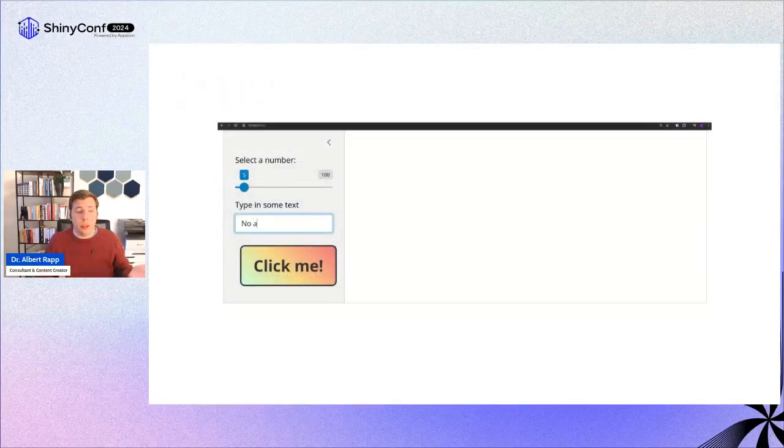And that way you can type in stuff, change things in the UI, but it only renders when I click the button. Unfortunately, you won't see my cursor here, but the point here is that things only start to happen when I click on the button. So really the things you have to do to make this work are very similar to the way you are used to from R.